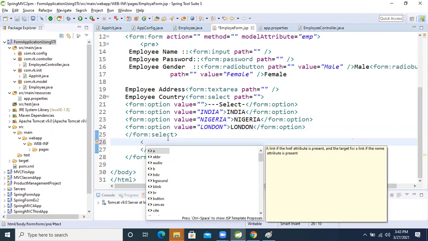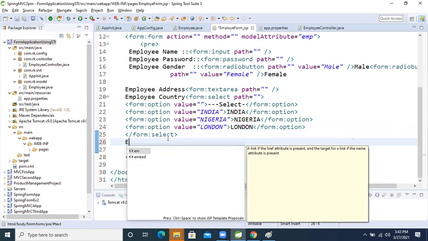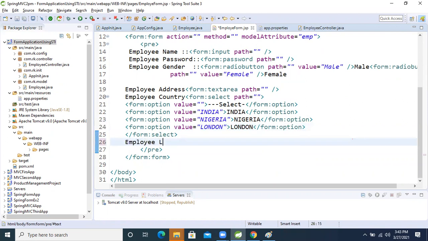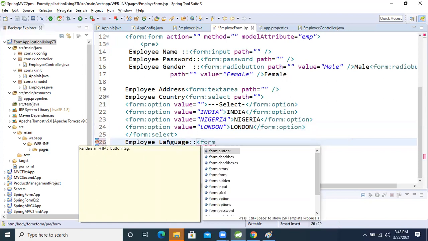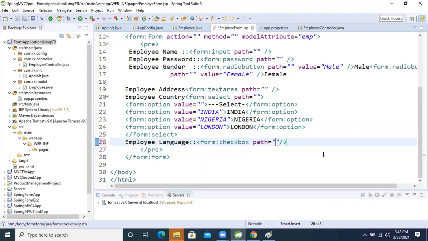Employee language. Form colon checkbox, right?